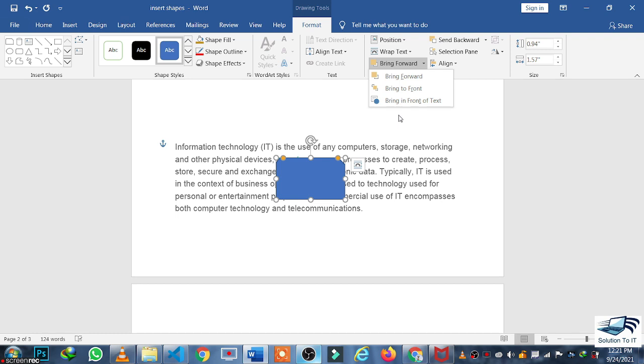Now if I want to move the shape back, there is again the option of Send Backward, Send to Back, and Send Behind Text. If I click on Send Behind Text, as you can see, the position of the shape has been changed.